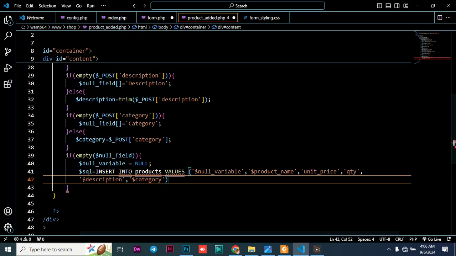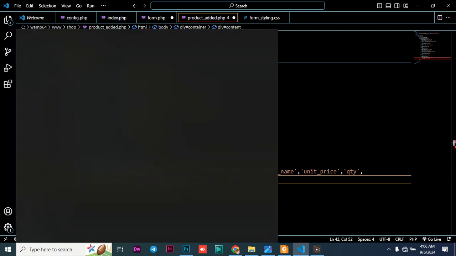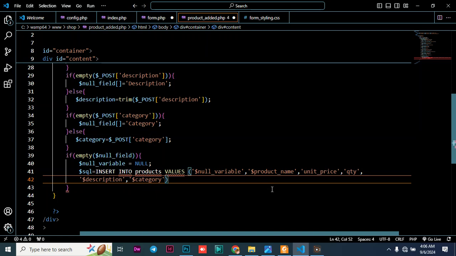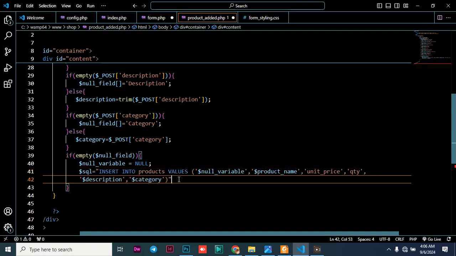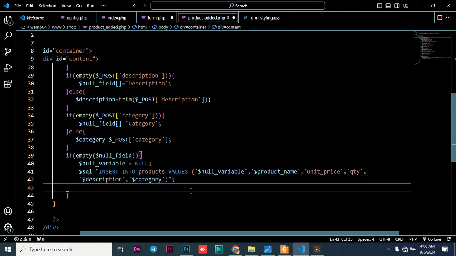And then you close the double quotation. We have the opening double quotation at the front, and then we have the closing double quotation, and then you put a semicolon, and then you move to the next line,